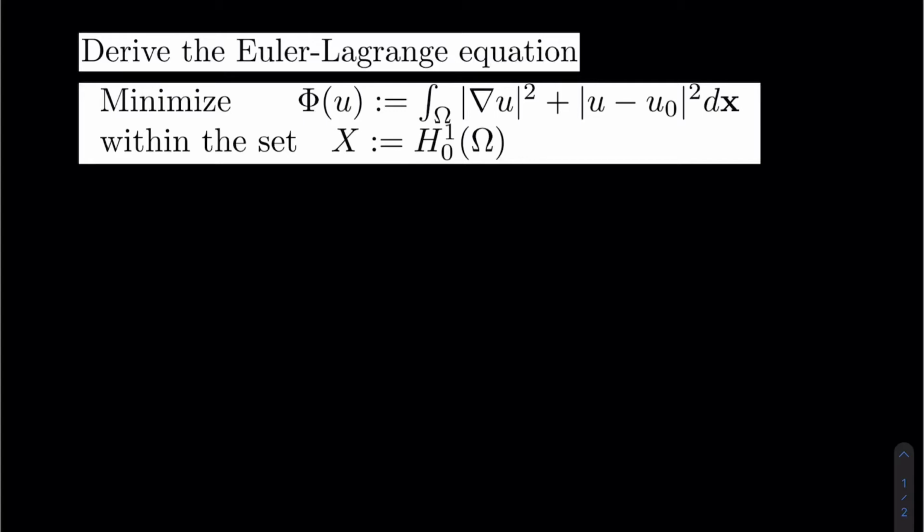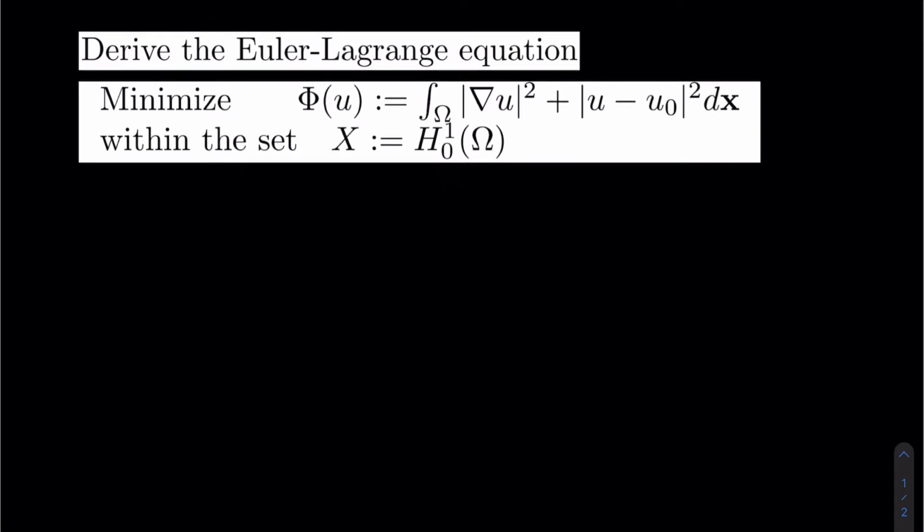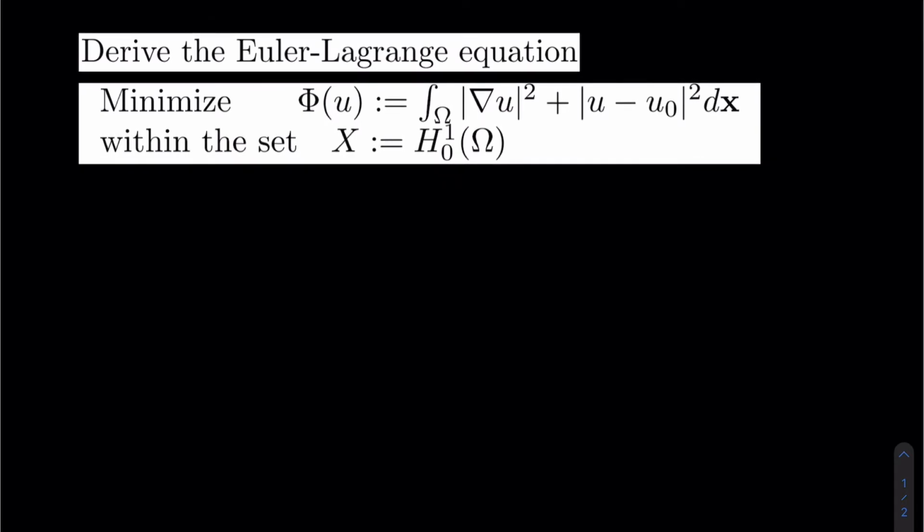Derive the Euler-Lagrange equation for the following minimization problem. To solve this, we have to find the directional derivative. So we want our derivative to be 0 at the minimum. Therefore, we would write 0 is equal to, and let's let t be